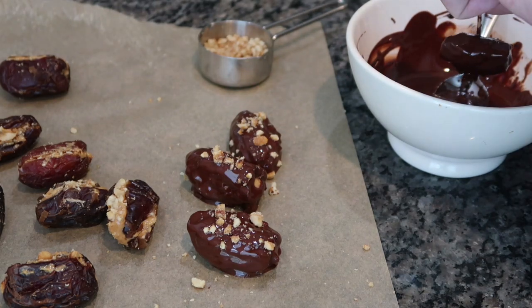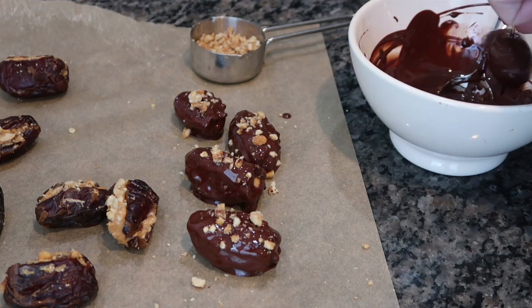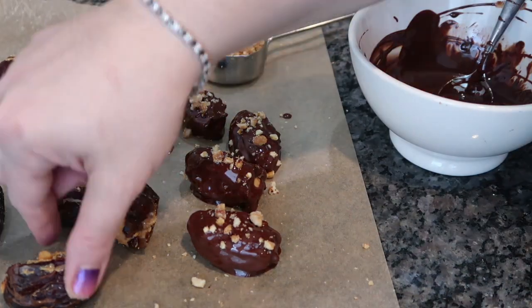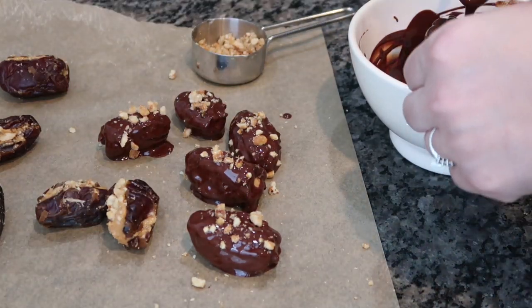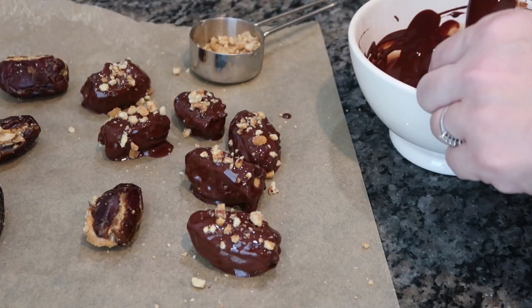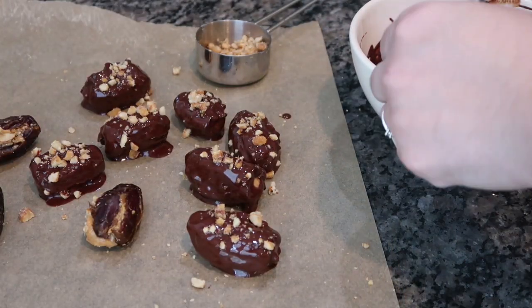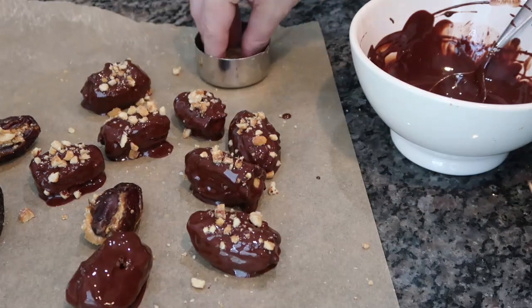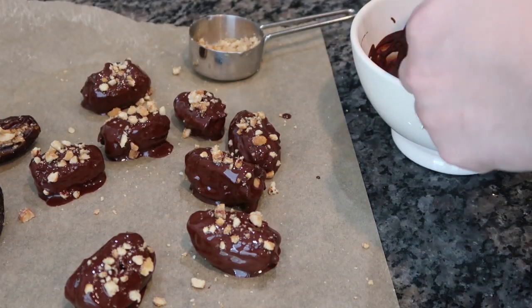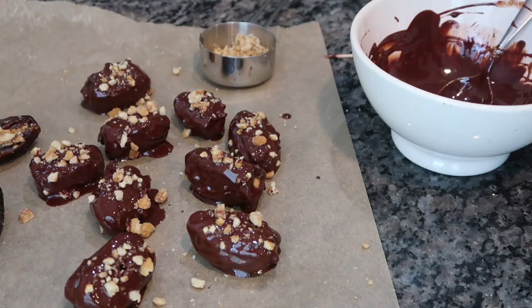So I think this entire process probably took me about 25-30 minutes to do all of it, which sometimes could be a lot to put together something that looks as small as these. But once we're all done with this, we're going to go ahead and throw it in the fridge. I slid my parchment paper onto a little platter, and then I stuck it into the fridge for the chocolate to get hard. And then, you guys, when these came out,